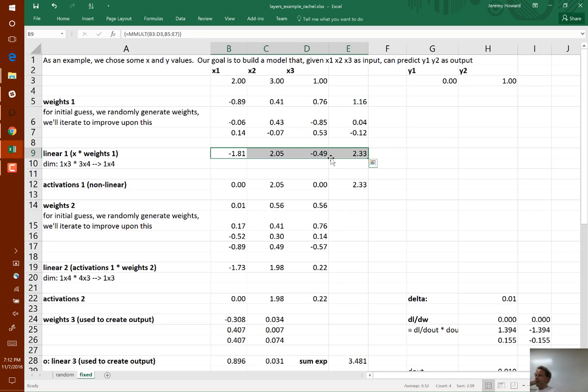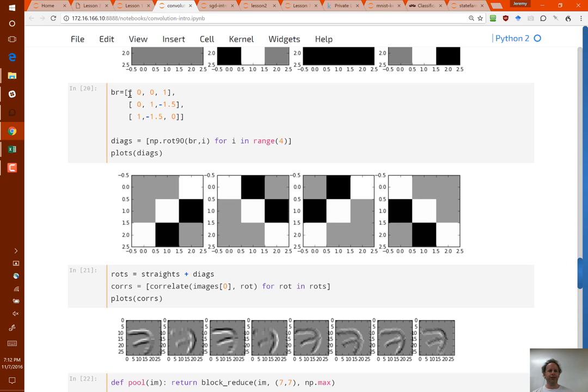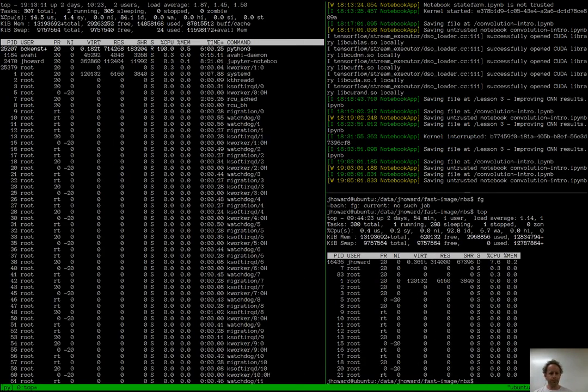If you think about it, you can do exactly the same thing with convolutions. You can decide how many sets of 3 by 3 matrices you want to create at random, and each one will generate a different output when applied to the image. So the way that VGG works, for example,